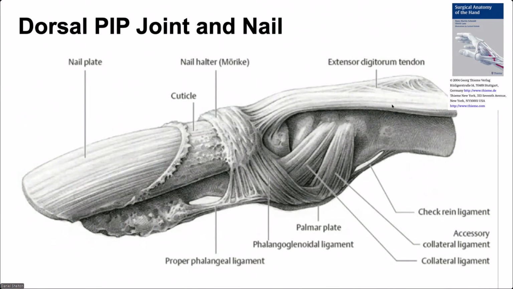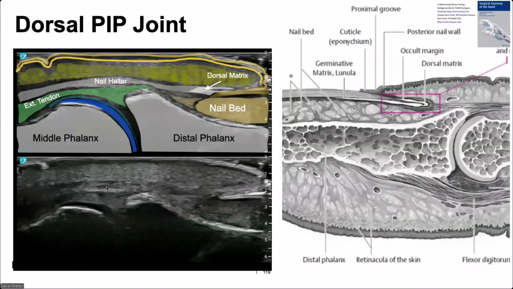You can see the extensor tendon is a little bit complex as we approach the DIP joint. You can see that triangular ligament here going between the two heads of those lateral bands. Those lateral bands come on to insert seemingly on the base of the distal phalanx right here. But there are other fibers that keep going, that we can see at ultra high frequency, to come across the nail plate here at the base of the cuticle, and that's called the nail halter. So we can see there's a nice group of bands going all the way across the nail bed, and that is something that's very well appreciated, especially at ultra high frequency. We'll talk about the nail plate as well.